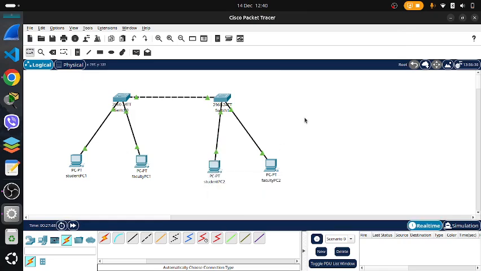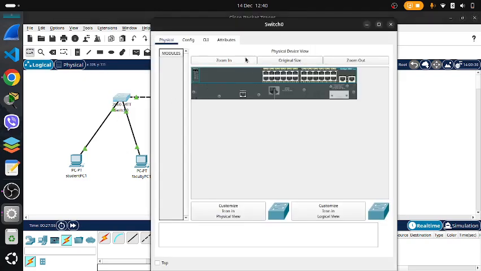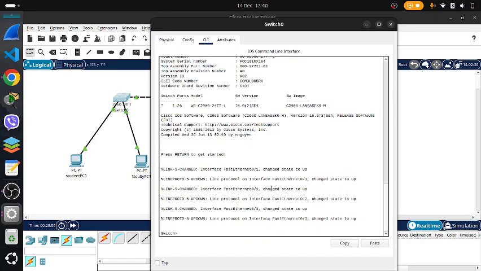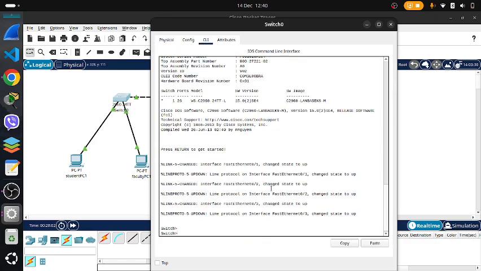So now we are going to write the code for VLAN configuration. For that we are going to go to our switch 0, go to CLI, and press enter. Now first we are going to show the command, VLAN